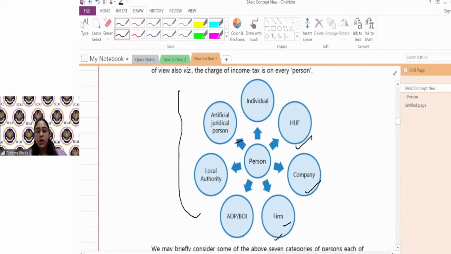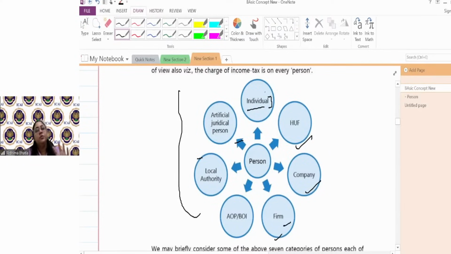That is important. So now for the next 10-15 minutes, we will understand what are these types of categories. So individual matlab, like people like you and me, male, female, transgenders, anyone who is a walking, talking human being. Okay. So human beings are individual. Individuals are assessees. Individuals are person, and person becomes assessee when he has to pay tax or when any proceeding is going on against him.